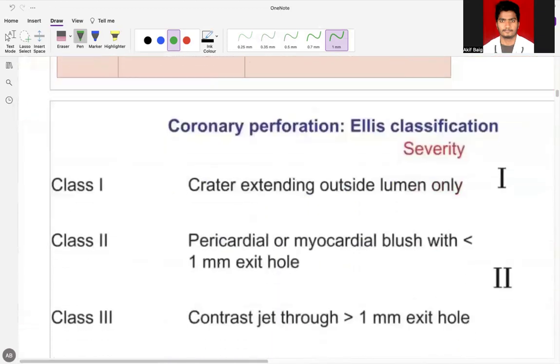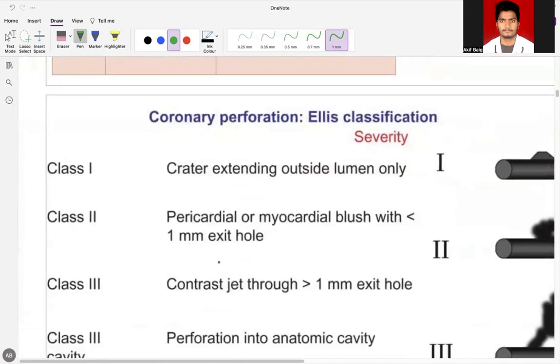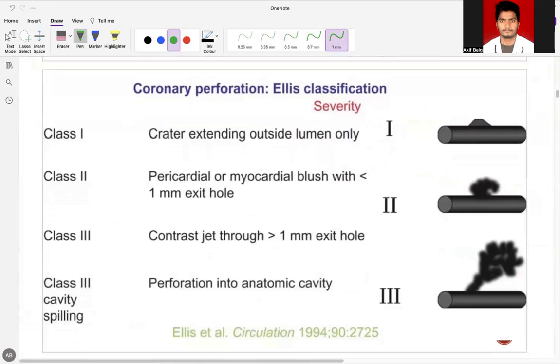So you can see here, class 1, there is a slight crater. Type 2, there is some leak, but less than 1 mm of exit hole. And class 3 is more than 1 mm exit hole. Whenever you give dye, there is an active gush of the contrast leaking into the